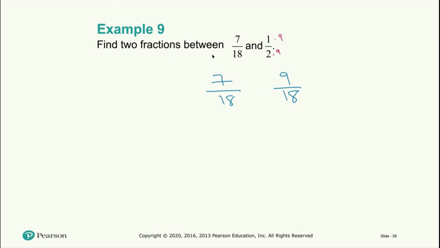But I want two fractions in between. So there's a really nice trick using the fundamental law of fractions, which is I know I can multiply both of these fractions by the same number again. So for example, I can multiply the 18 by 2 and do the same thing to 7. And I'll do the same thing on the other one because I want to keep my denominators the same, right? So notice now I get